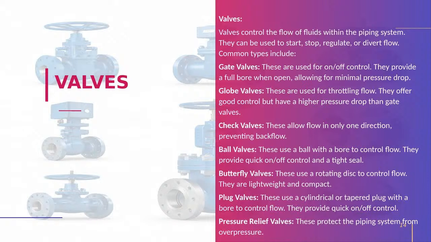We will see check valves next. A check valve is nothing but a non-return valve, as the technical name. It will allow the flow in only one direction, to prevent backflow. Particularly, we will be using these non-return valves in pump discharge lines or compressor discharge lines. There are a lot of different types of non-return valves: piston type, wafer type, butterfly type. Those we will see in detail.